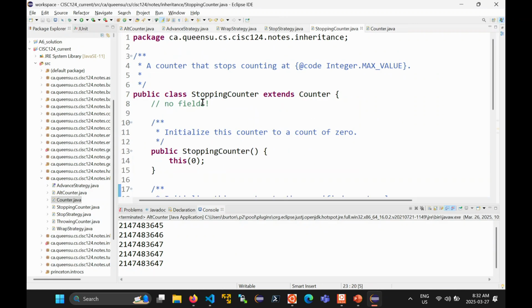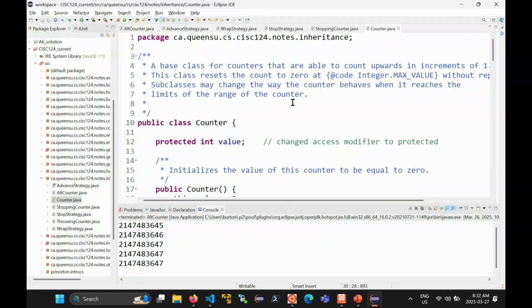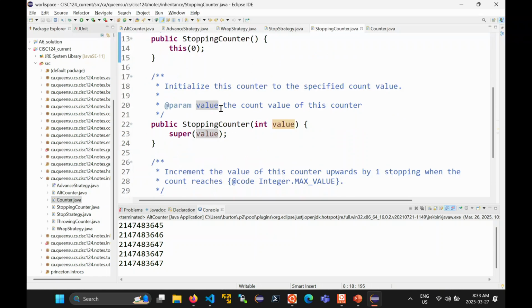Okay, so notice in the stopping counter class, there are no fields, right? The only field we need to implement the stopping counter is a field for the value, and we already have that field. We inherited it from the counter class, right? So that field there is now protected. If the field is protected, that means the subclasses inherit the field and can see the field directly by name. Okay, and so